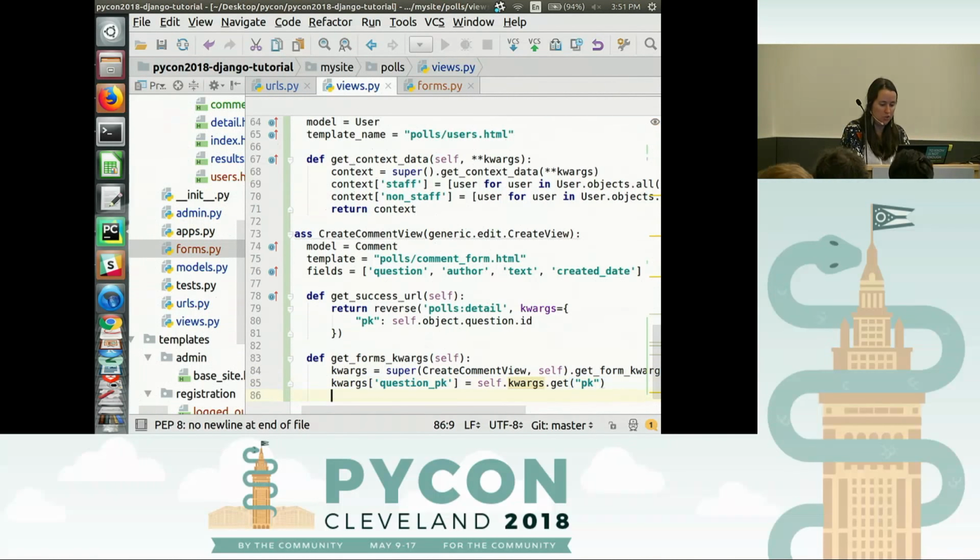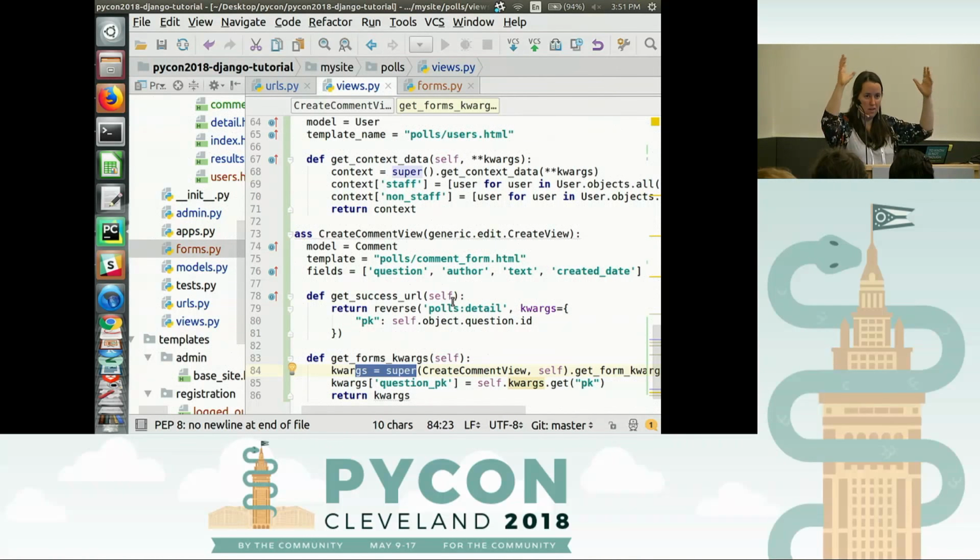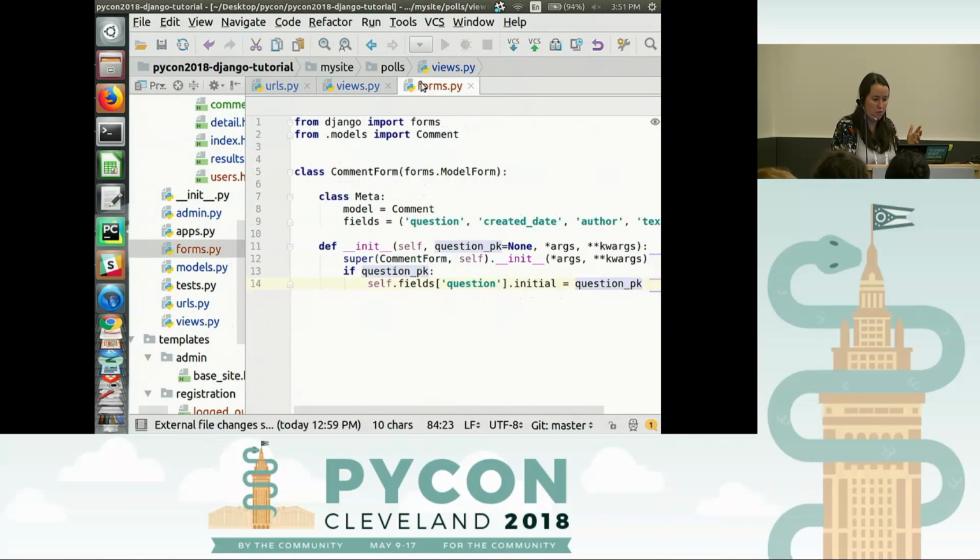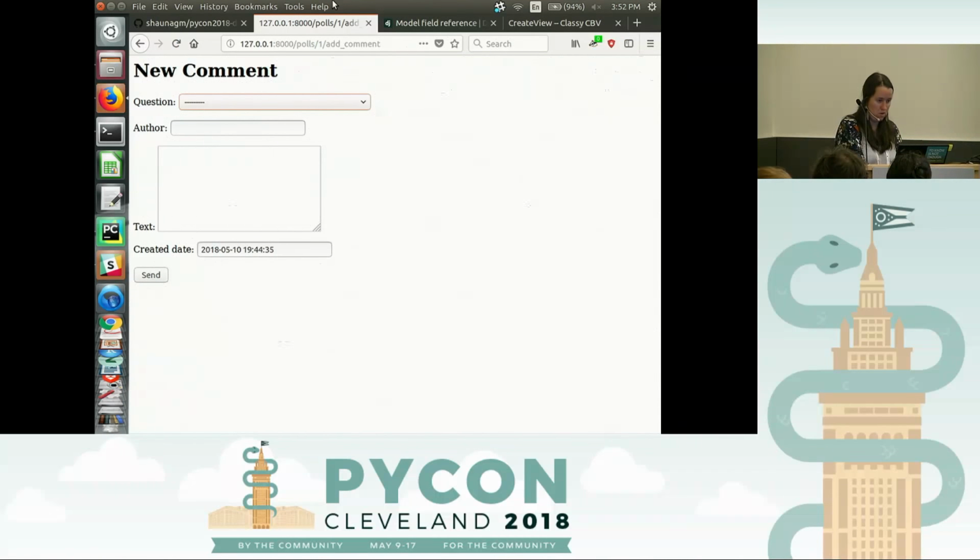And then we need to also do return kwargs, because as you can see from this super call, the method is returning a dictionary called kwargs. So we need to return it as well when we override it. Okay, so now we've gotten the ID from the URL, we've put it in the dictionary, and the form should have grabbed it from the dictionary that the view has passed in. And so, when we refresh this, no,